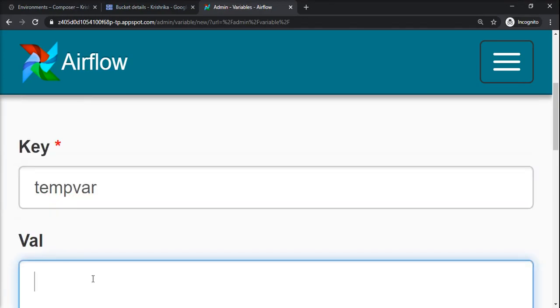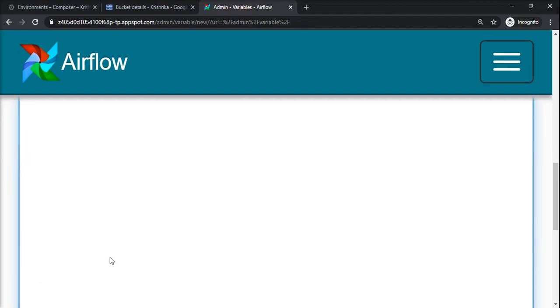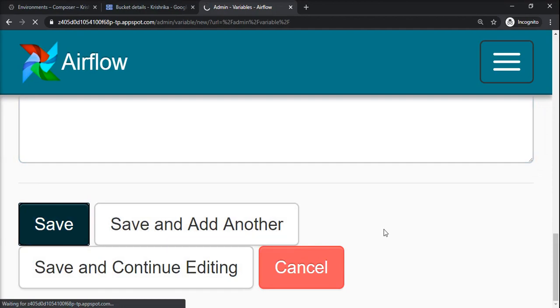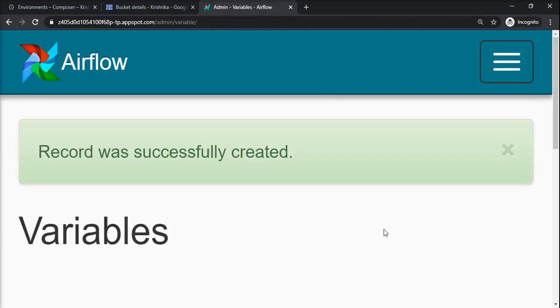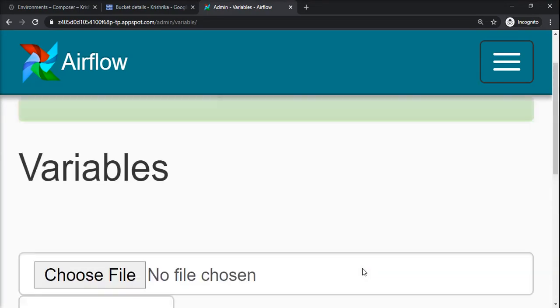I have a variable temp var, a string variable containing the text 0. Save. So this is how we create a variable: the variable is temp var, and the current value is 0.